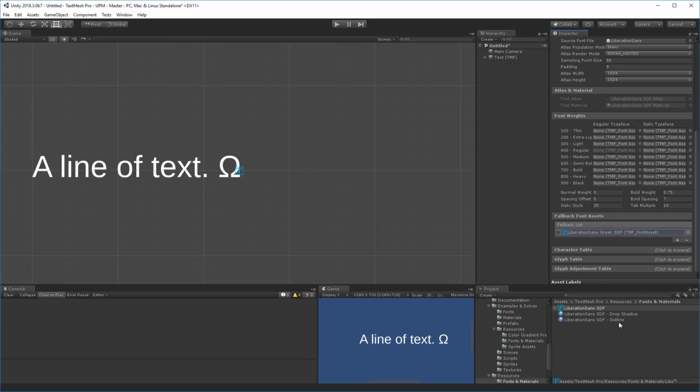omega. Now it's important to understand the fallback list: when TextMesh Pro looks for a character, it will look at the primary font asset, which is the one assigned to the text object. Then it will look at the fallback list, starting with the first fallback. Since fallbacks can have a list of their own, it will recursively go through the first fallback and any fallbacks that are in there. And if it doesn't find the glyph that it's looking for, then it will go to the second item on